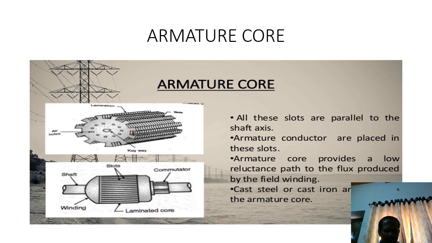These are first wound in the form of rectangular coils and are then pulled into the proper shape. The coils are insulated from each other. Conductors are placed in the armature slots, which are lined with insulating material. The slot insulation is folded over the armature conductors placed in the slots. A fresh insulating paper is placed over the conductors and is secured in place by wooden or fiber wedges.